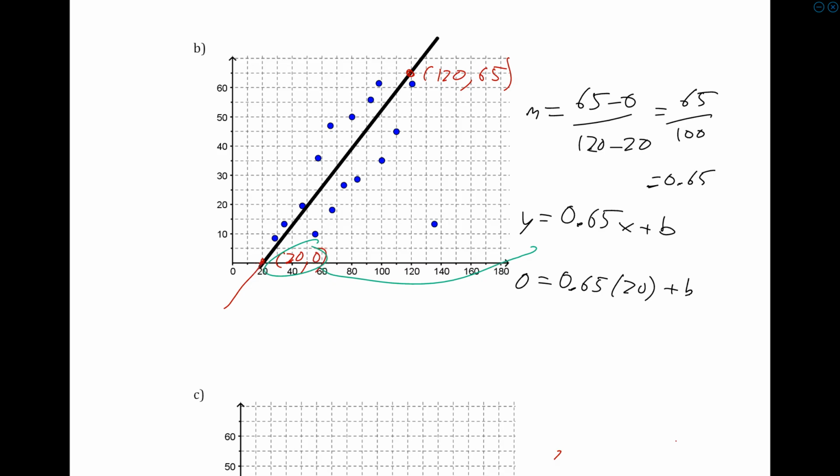So 0 equals 13 plus b. B is negative 13. So that's suggesting that this point here is the point (0, negative 13). Or, put a little bit more usefully, y equals 0.65, our m, times x, plus our b, or minus